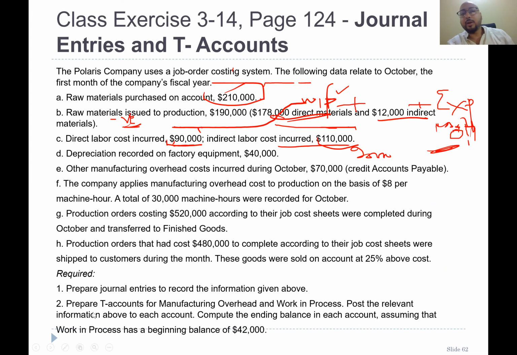And now depreciation recorded on factory equipment. So whenever we create depreciation, we create